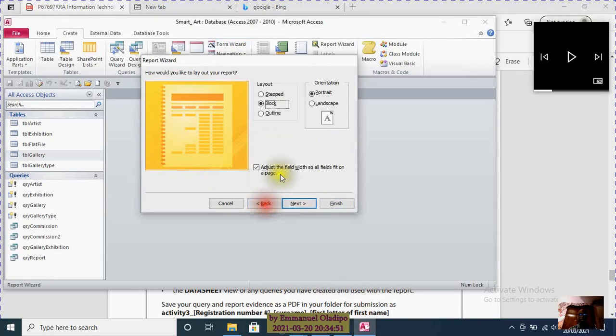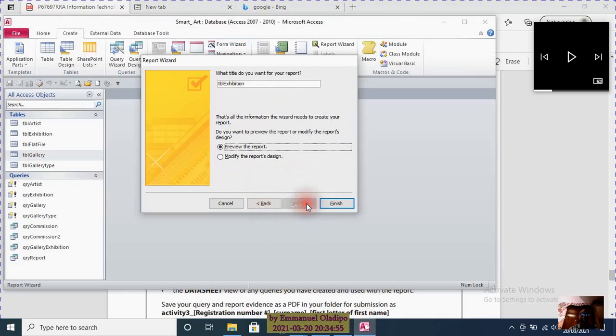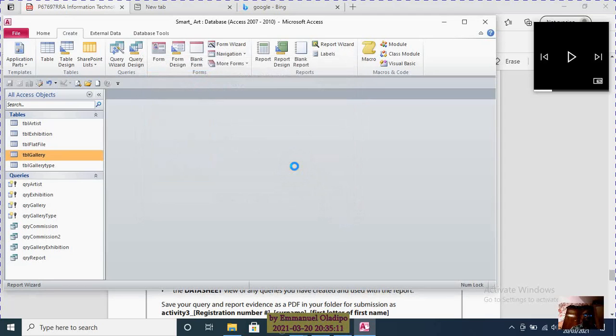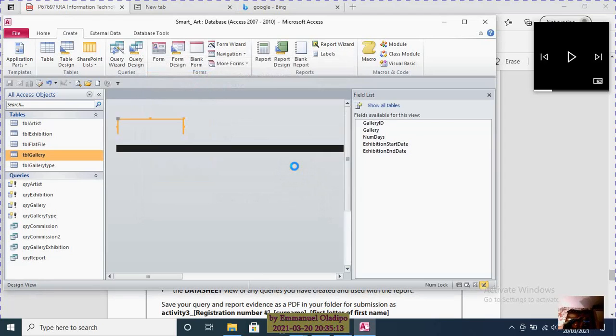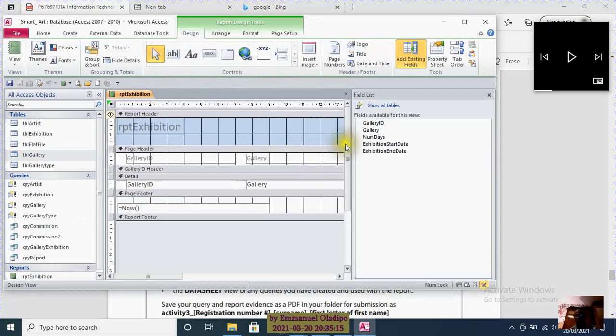Oh, by the way, let's use landscape so that at least it can contain all of our field names. Then, using the naming convention, we're going to name this RPT because it's a report, and we're going to modify this in design view. Click on modify the report's design and click finish there. Okay, so we're done, but we just need to